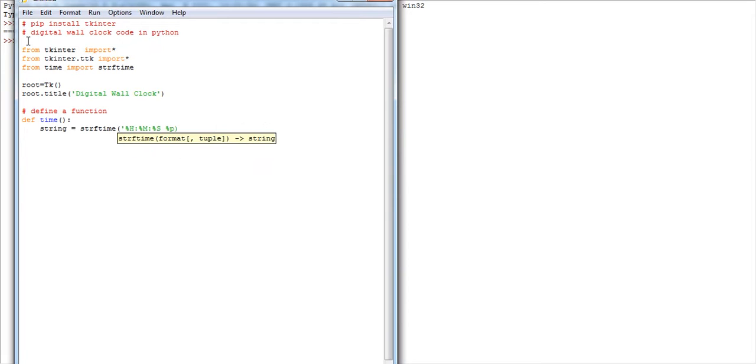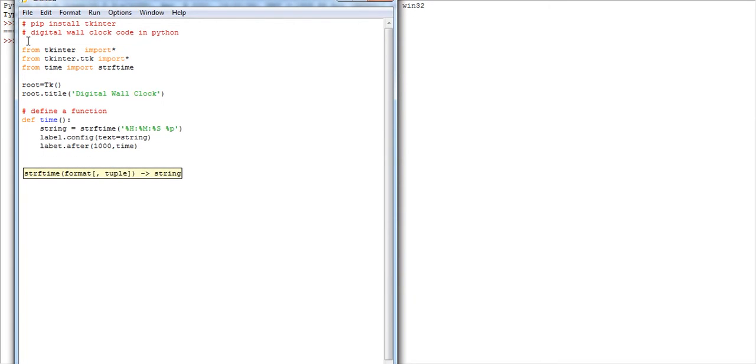Now let string close, and then label.config, text is equal to string, then text close, and then put it over here. Then label.after 1000 milliseconds and time,